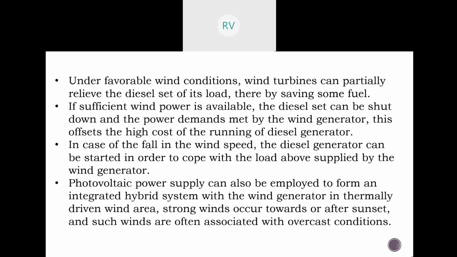That is, if the wind in that area is basically because of the temperature differences, and it is a thermally driven wind, then we can go for this PV system with a wind generation system. Okay, so here in these thermally driven areas, when will the wind energy be at its peak? It will be at its peak towards or after sunset. So in that condition, we can tap the wind energy, and before the sunset, photovoltaic cells will be taking over.